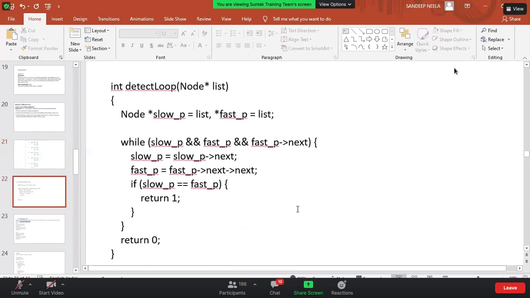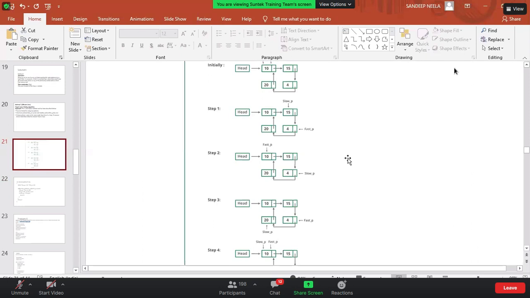This is one approach. Otherwise, we can store the address of these nodes in a hash table. Whenever the hash table, while storing, returns 0, it will return 0 if and only if it is a duplicate element. So when we are storing the addresses of the elements and we get a duplicate, then we can say that it is a linked list having a loop.